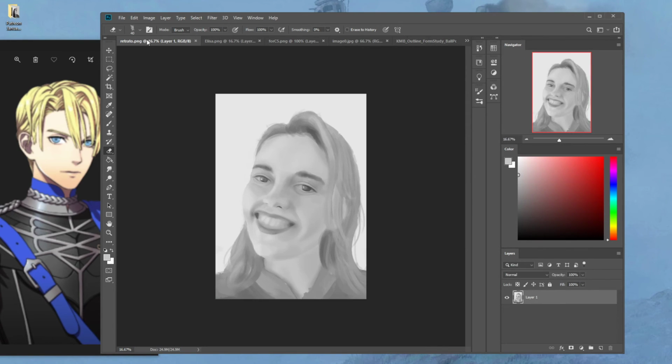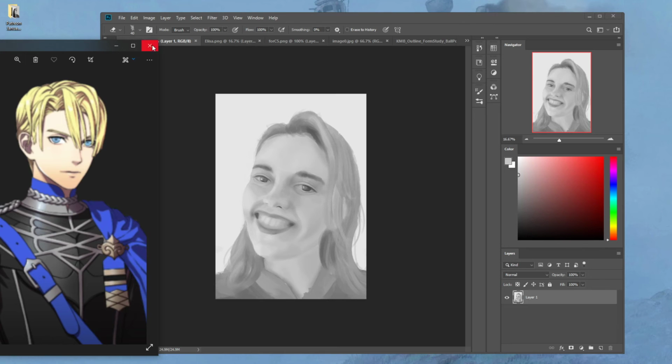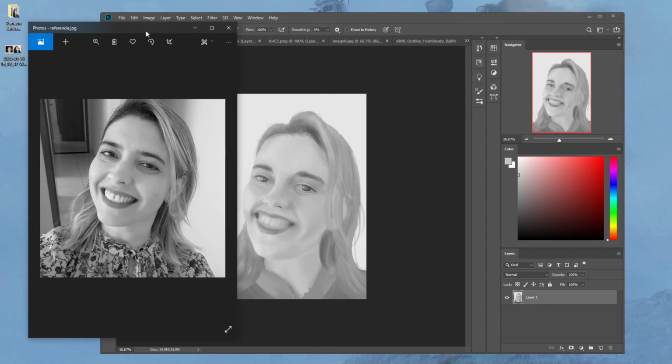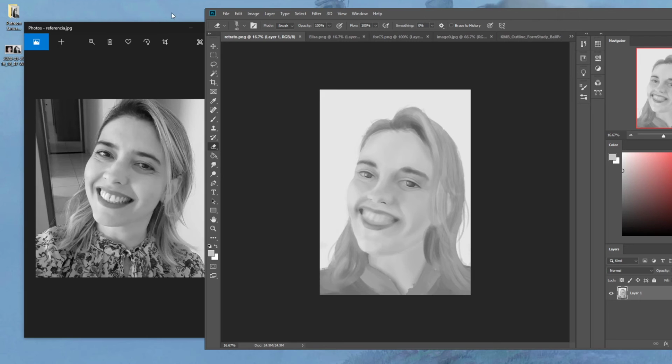Let's move on. For this piece, the reference for it has way more contrast. So this piece is unfinished at the moment. You are also falling into the same traps as when you bring in too much information from a photograph. It's also not the best lighting to use, and for someone who is only just getting into photo referencing, do not use a full-on smile. That is way too much work for a student who's just getting into photo referencing.